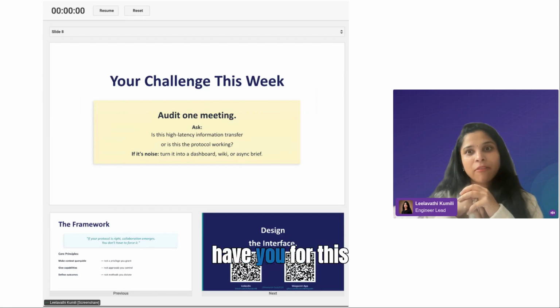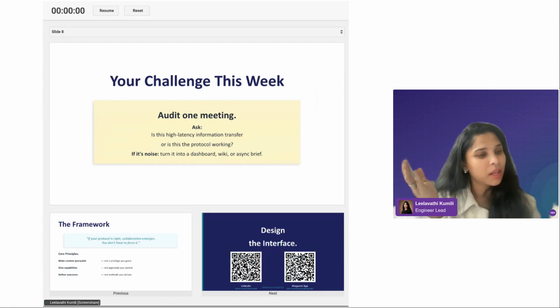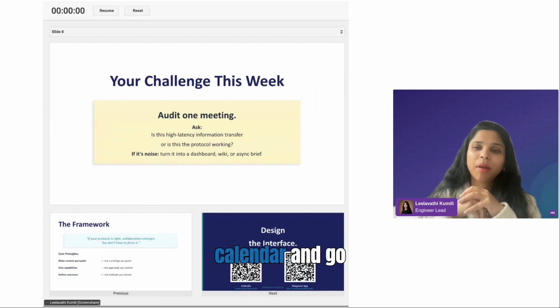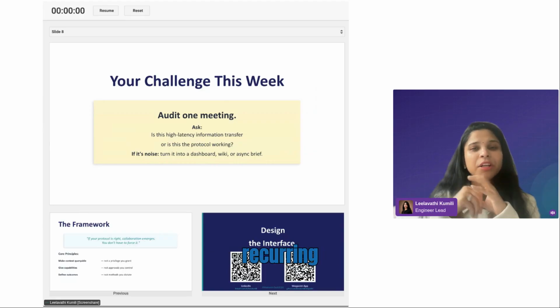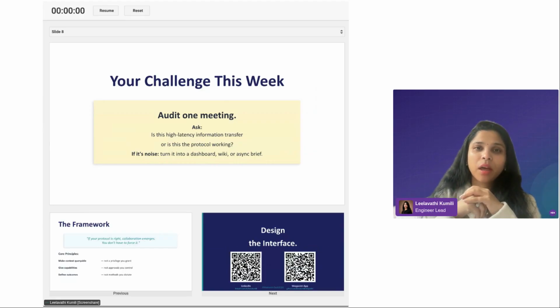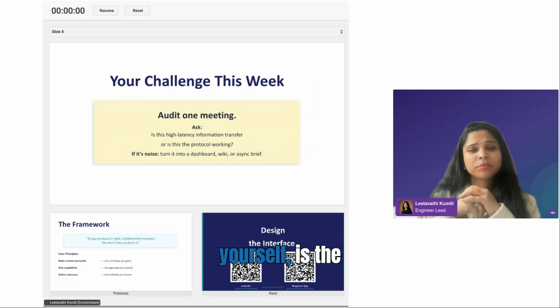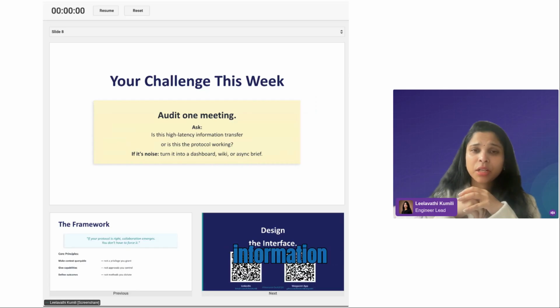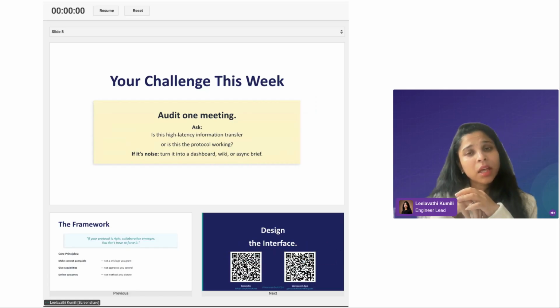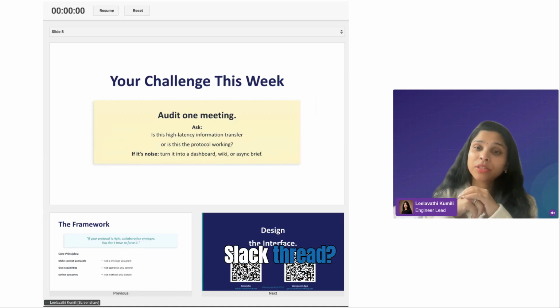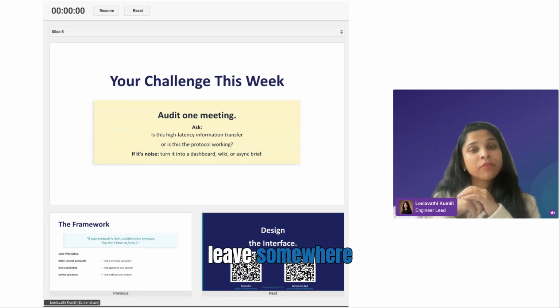One challenge I have for you this week. Open your calendar and go through one recurring meeting that you have and ask yourself, is the information discussed in this meeting something that could be async? Could it be a Slack thread? Or could it live somewhere in the wiki pages?